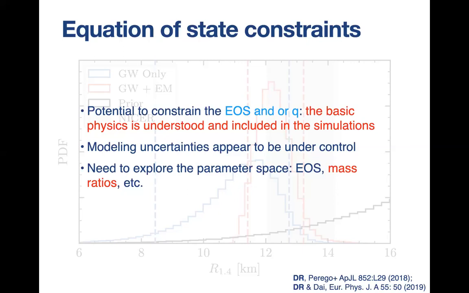And the main reason for this is that in order to perform this analysis, we don't really need to know much about what happens long time after merger. We just conservatively assume that if you need, I don't know, 5% of a solar mass of material to explain the kilonova, you have to have at least 5% of solar mass of material outside of a black hole. So this is very conservative. We don't need to understand all the complicated physics that happens at longer time after merger. So here is where theory, I think, is currently successful, but still there is more work that needs to be done, especially exploring parameter space.